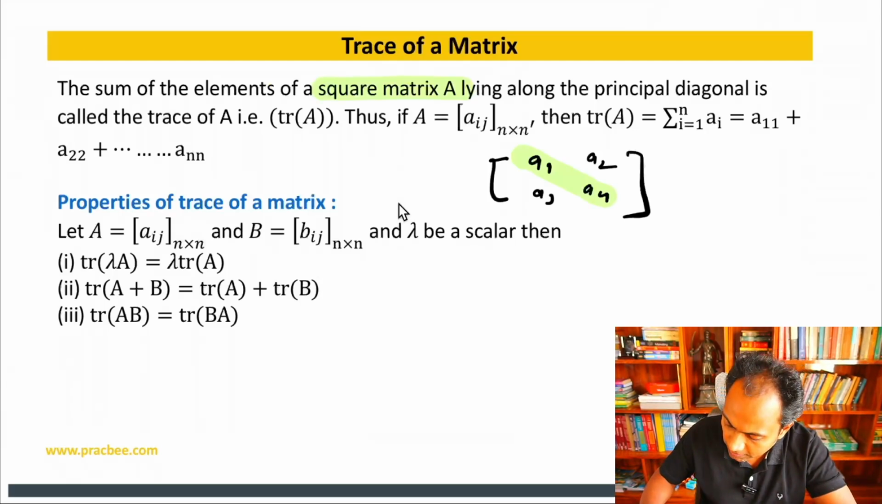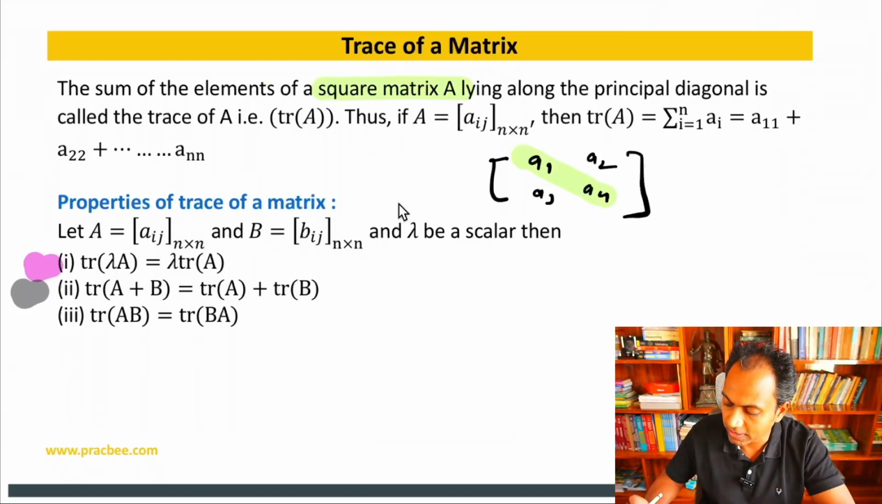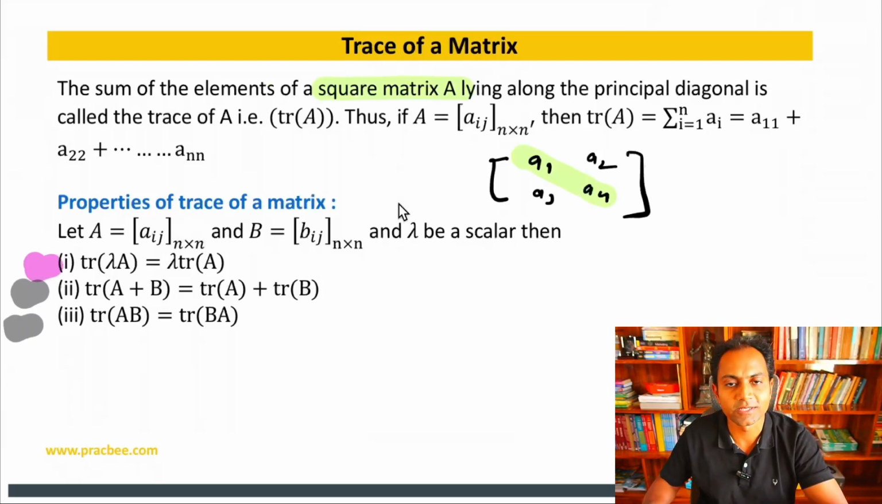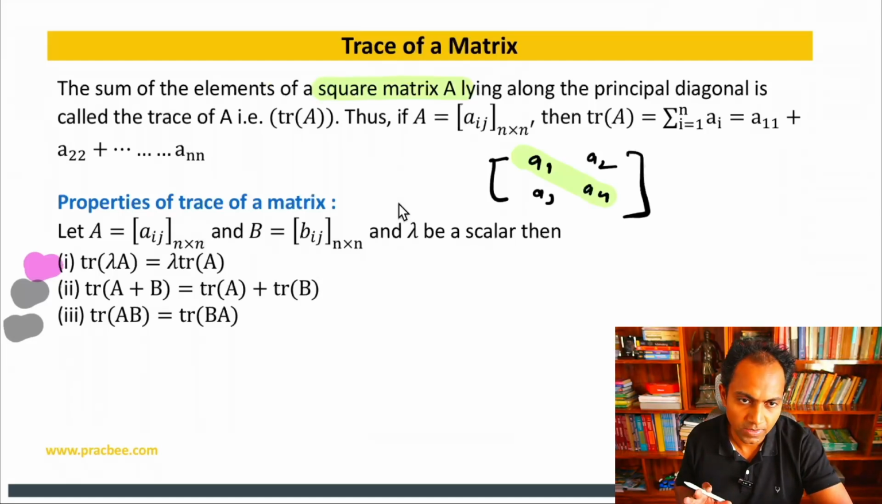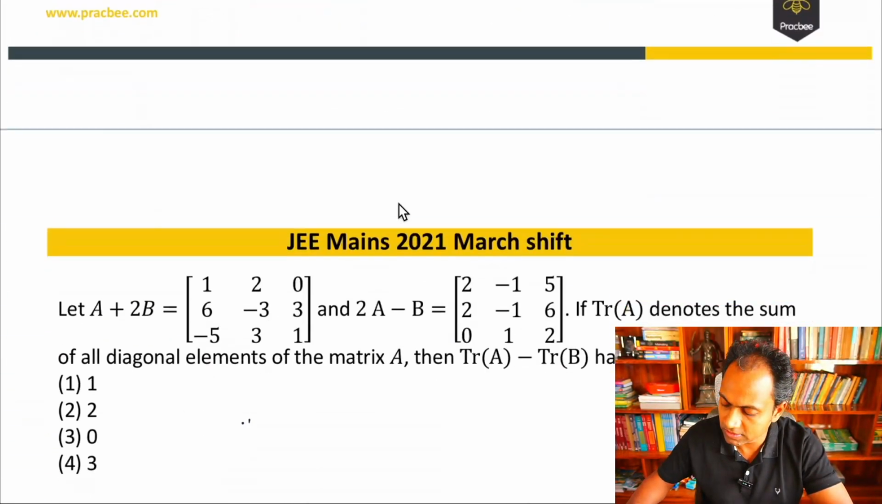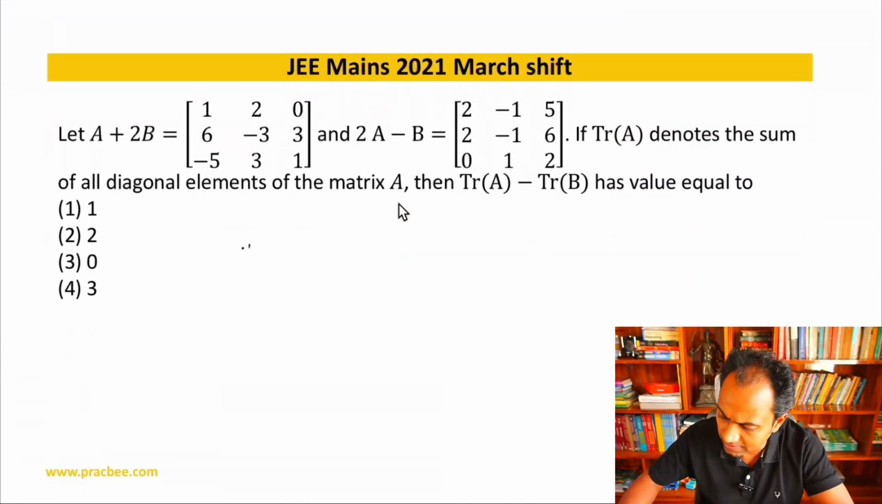So if you multiply a matrix by lambda, the trace will also get multiplied by lambda. If you take the sum of two matrices, their trace will also get added up. And the third part says that if I multiply two matrices, then AB's trace will be equal to BA's trace. Now based on these three simple properties, they asked a question in 2021, and there was another question